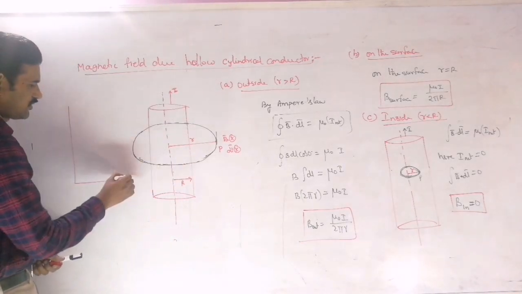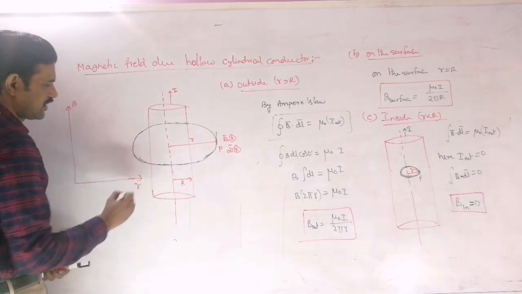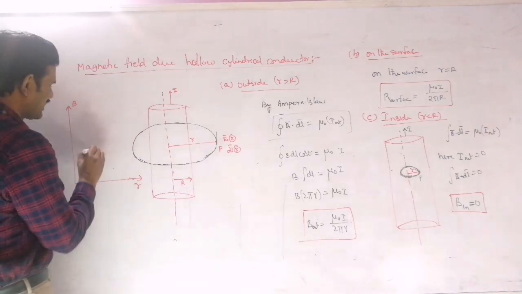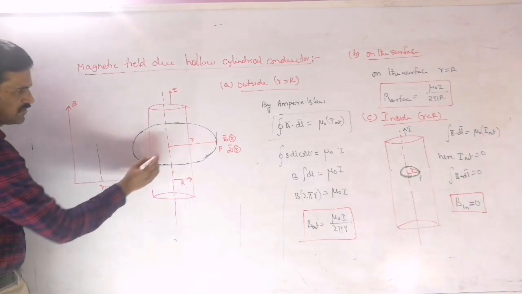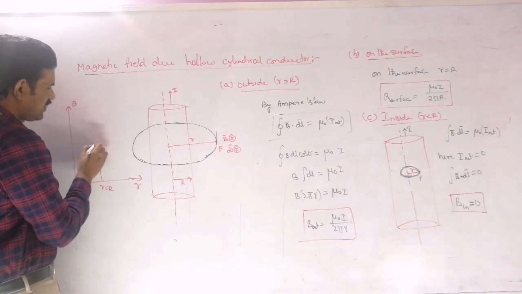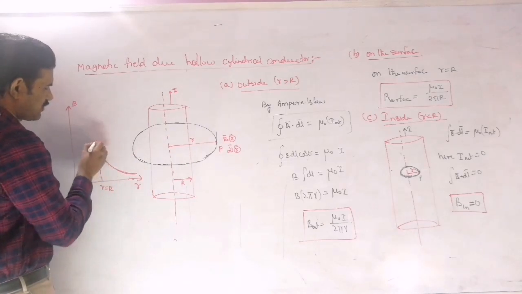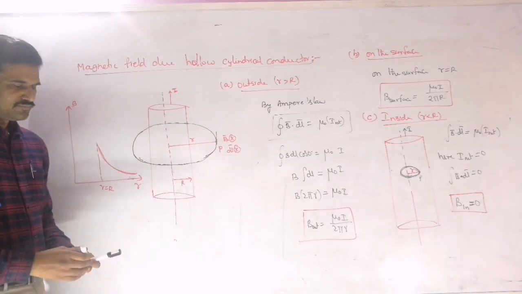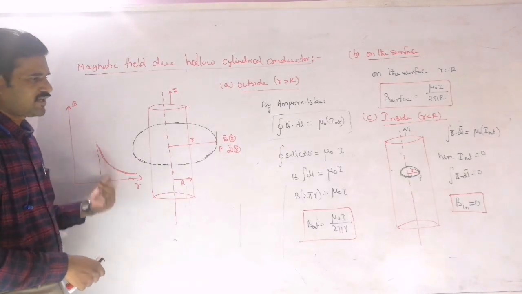And after that, draw this graph also there. So B bar, if you consider the magnetic field versus the distance, until small r is equal to capital R there is no field. That means if you are moving from here to here, there is no field. Then outside, from the surface to the outside, the field will be decreasing like this, inversely proportional to r, so you will get a rectangular hyperbola there, right? So that is the magnetic field variation there.